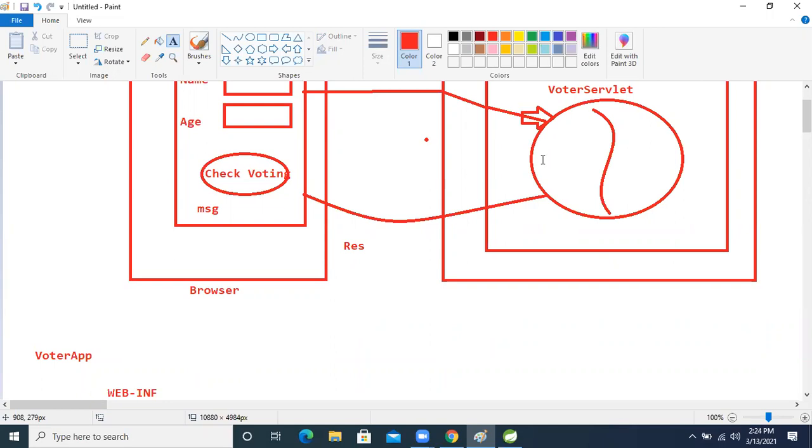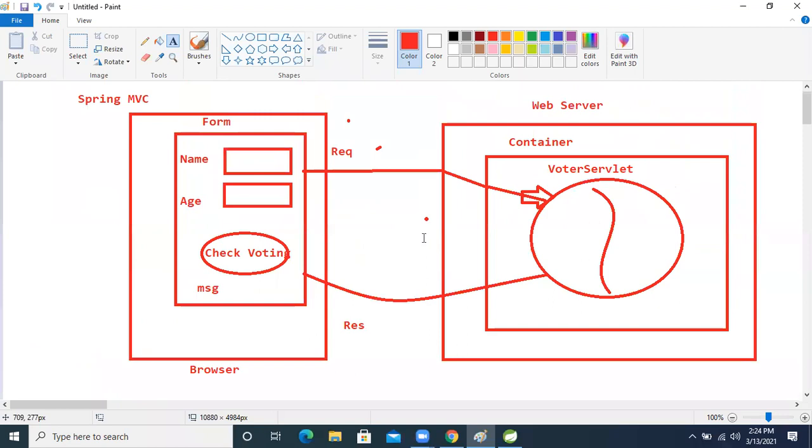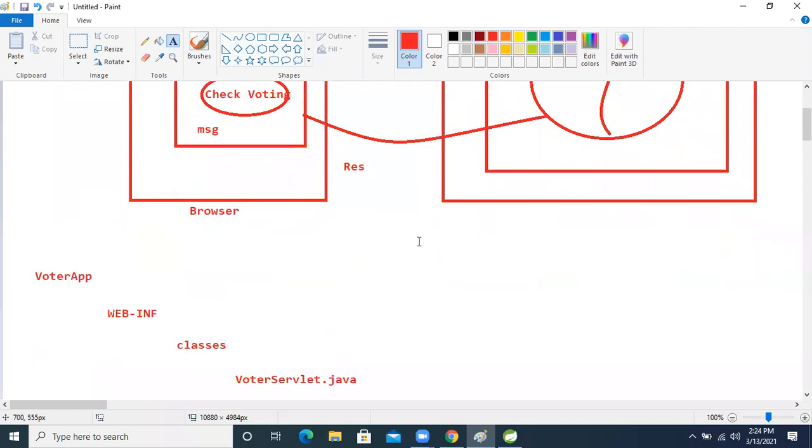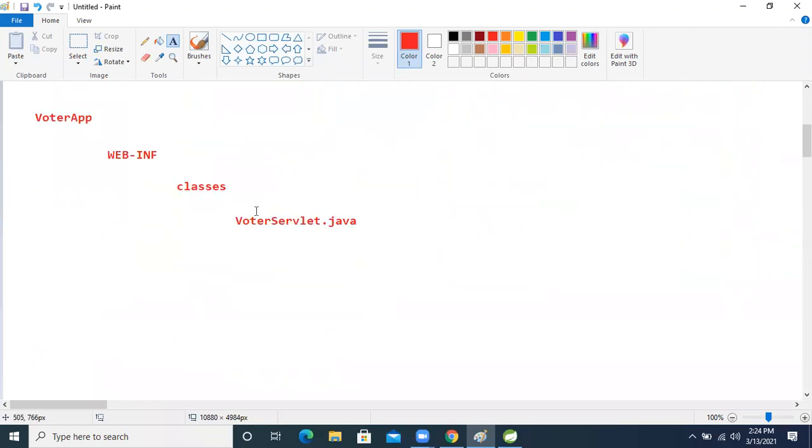Because our Java application doesn't know what URL and URI are. Who understands? The container, sorry, the server understands.